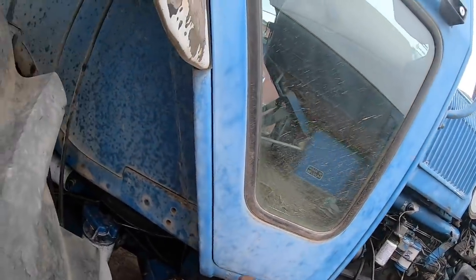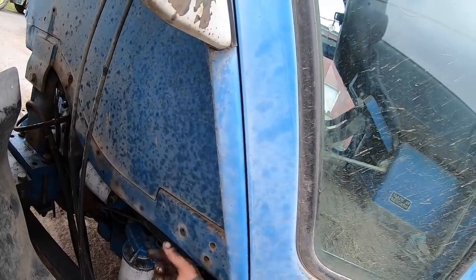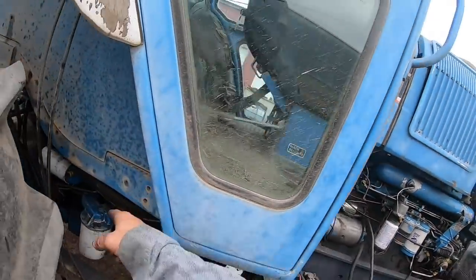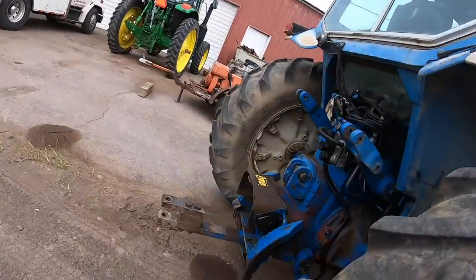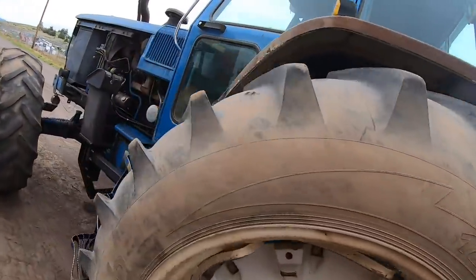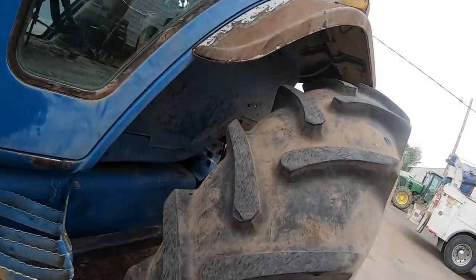What it does, it goes through the transmission and runs, I think, the charge pump, and it's got a snap ring on it. Well, on this end, the splines wear out and strip. Then it doesn't turn the pump, and then the tractor won't move, and you won't have hydraulics or anything back here. So in order to fix that, you have to split it here between the engine and transmission,